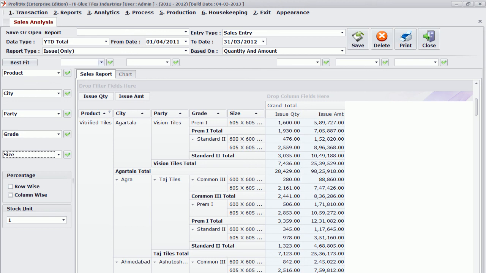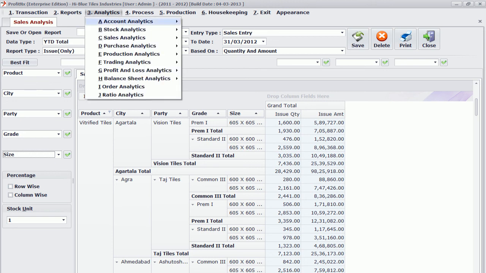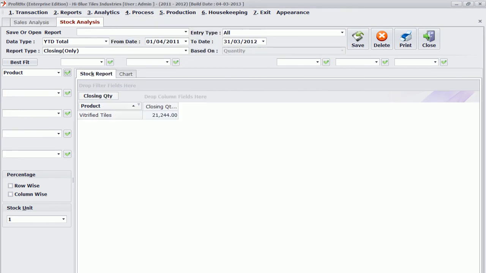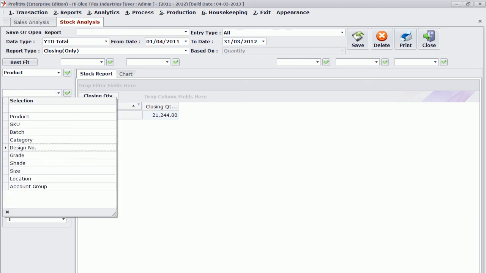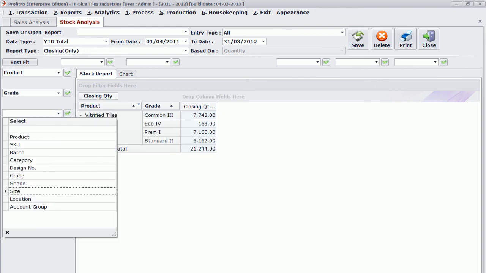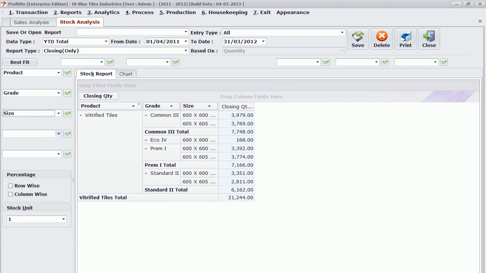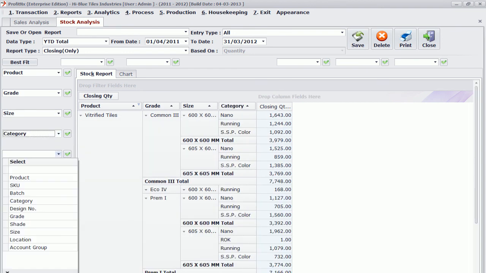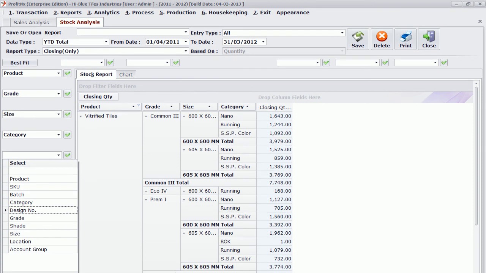This is about sales. Similarly, I can get all the analysis for my stock and inventory on similar lines. Let's say I have chosen vitrified tiles. My total closing quantity is 21,244. I can just go back and put it on grade wise, and then I can put it on size wise, and maybe I can also put it category wise, and I can put it design number wise.